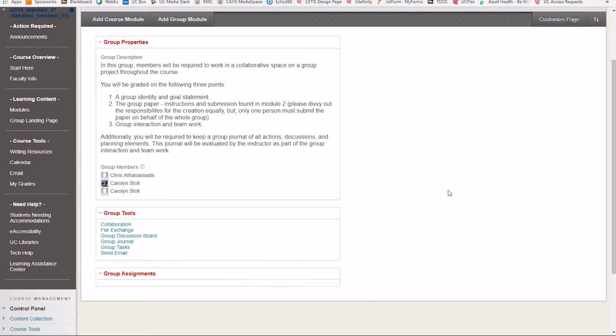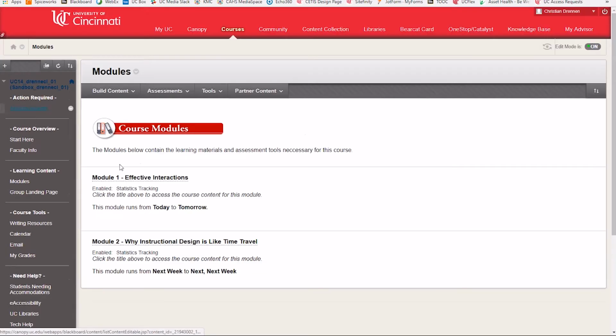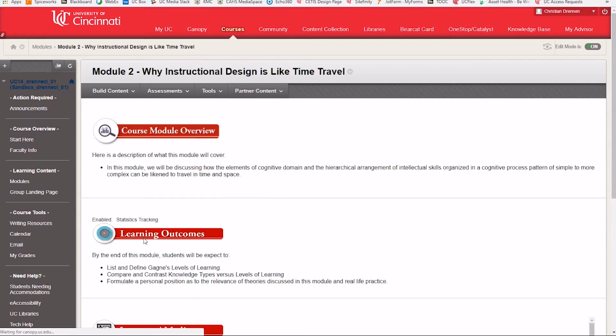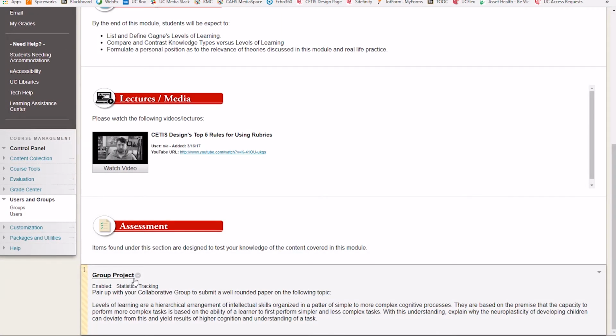So, in order to use collaborative groups for the group project or assignment, we need to create a group assignment. This way, you as the instructor will only need to grade one assignment for all the members of that group. This helps you to cut down on some of the grading and saves the group members time in replicating their submissions. Now, in this example, let's create our group assignment by going to Module 2, where I already have a group assignment link, and I'm just going to make a couple little adjustments.